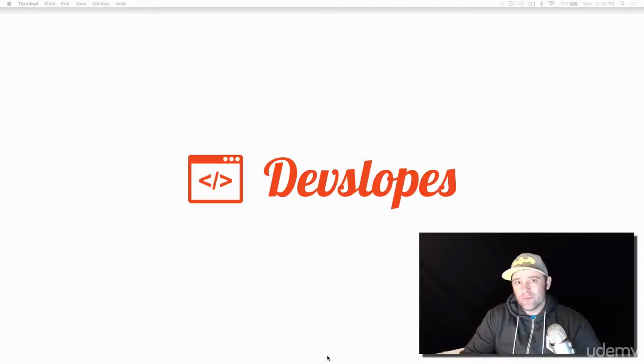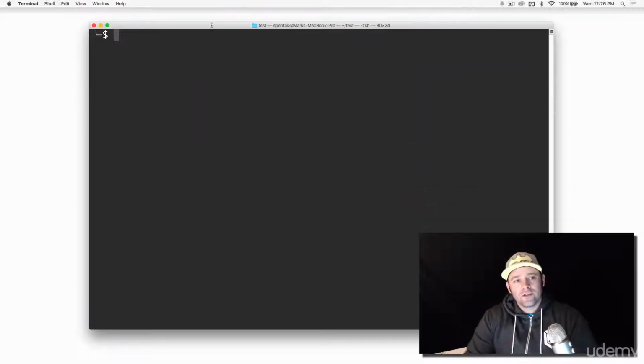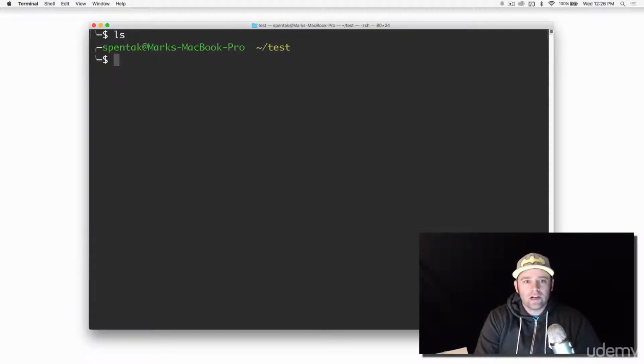I just want to touch on the notion of being able to create your own modules with Node, because we're going to be doing that with React and Browserify as we're writing our programs. So let's open up a terminal here, and I'm in a folder called test. I'm going to create a script that imports another script, which is my own module. In the past you saw me do npm with the require. We're still going to use require, but we're going to import our own module, not one that we downloaded